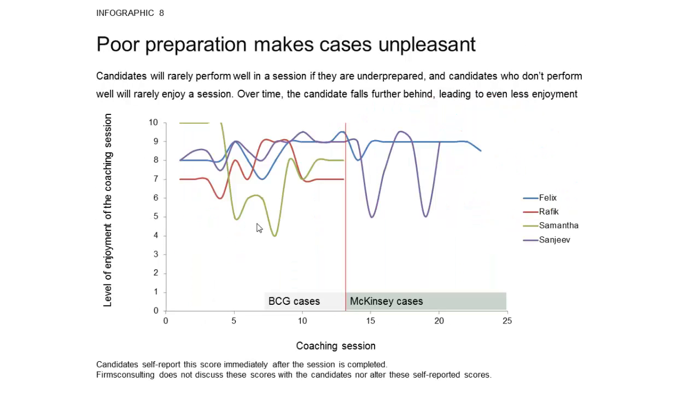Now, here candidates talk about the level of enjoyment, and you can see some big dips here, here, here. Now, are the big dips surprising? No. You don't prepare. I'm going to grill you. You're not going to be able to handle the case. You're not going to enjoy it. It's that simple. The surprising one is Rafik, whose enjoyment levels don't really drop, but that's not necessarily a bad